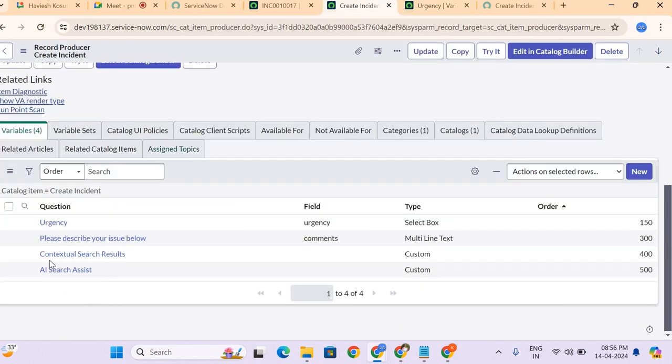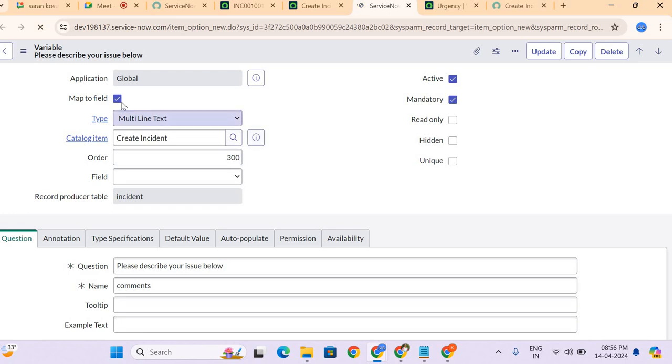And let's go back, and here you have the "please describe your issue below". So it's the short description field. Here you have to again check this particular field called map to field. Map to which field, you'll be again specifying the field. Oh, it's loading.